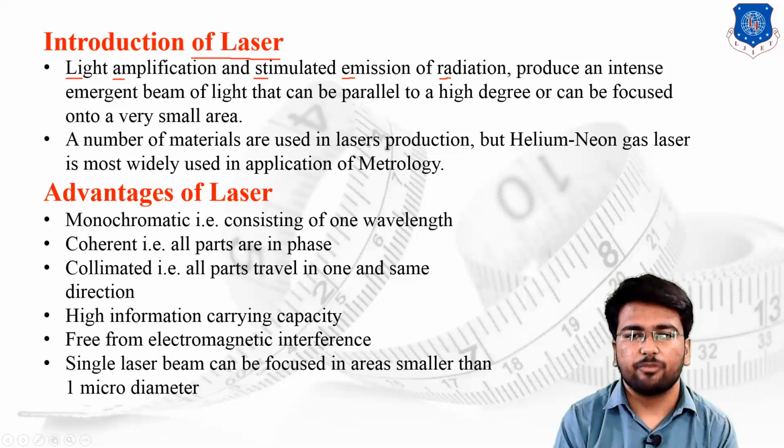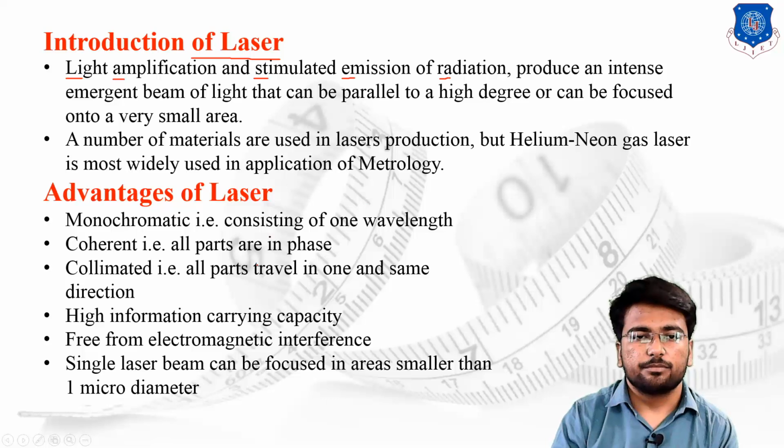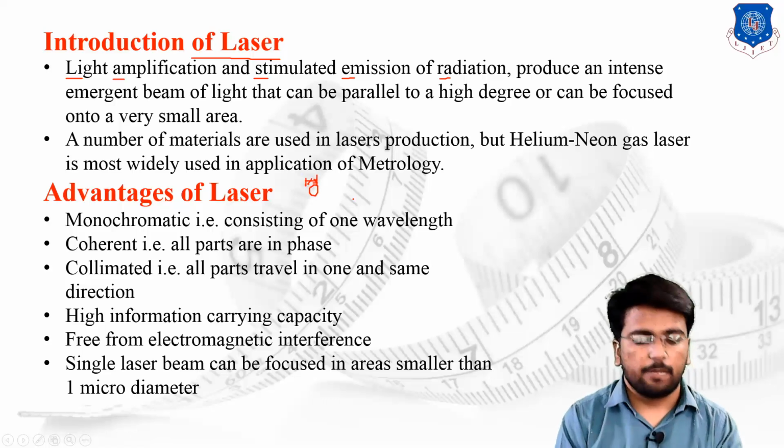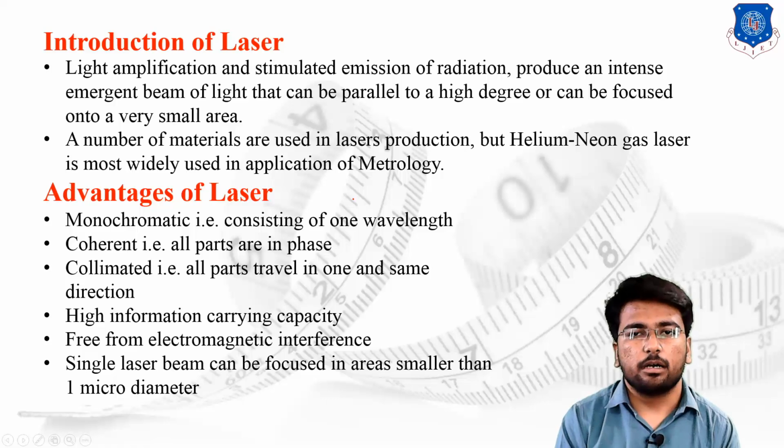A single laser beam can be focused on a very small area, let's say 1 micrometer square in diameter. If I make a circle having a diameter of, let's say, 1 mm, then I can project the laser over this particular spot. This is not really a circle, it is a simple spot on which the laser is going to be located. I can direct the laser to a single spot, so it is very useful.